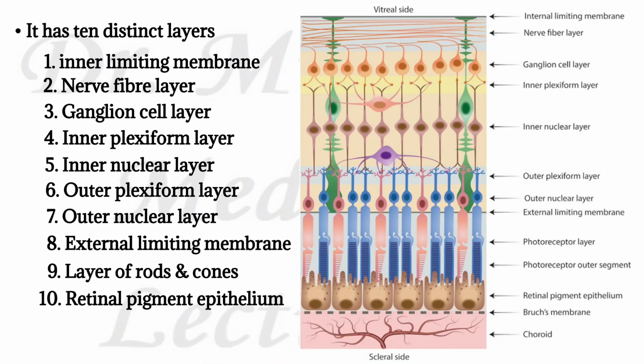It is the outermost layer situated adjacent to the choroid. The hexagonal epithelial cells in this layer contain a dark pigment called melanin. This pigment absorbs light and thereby prevents reflection of light rays back from the retina, and hence it maintains high visual